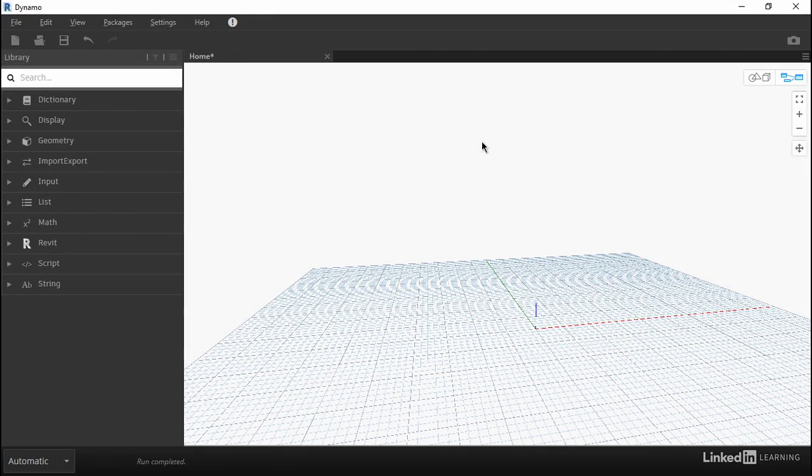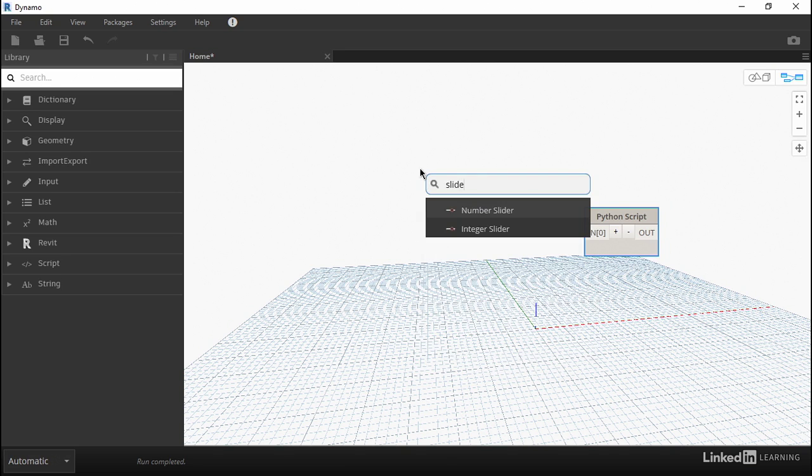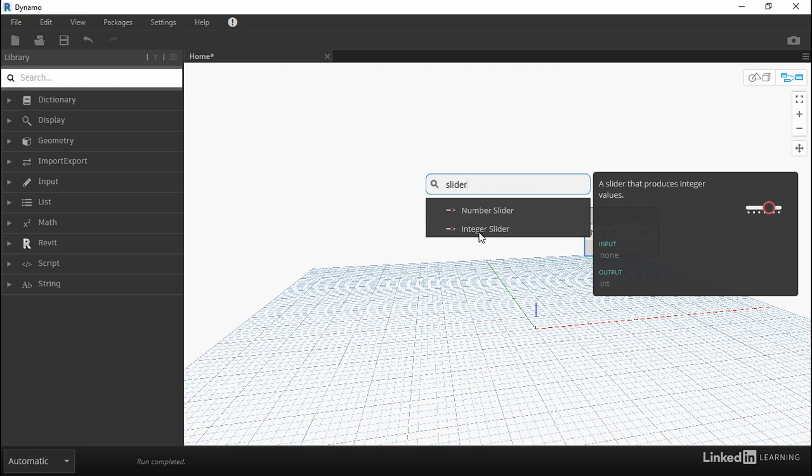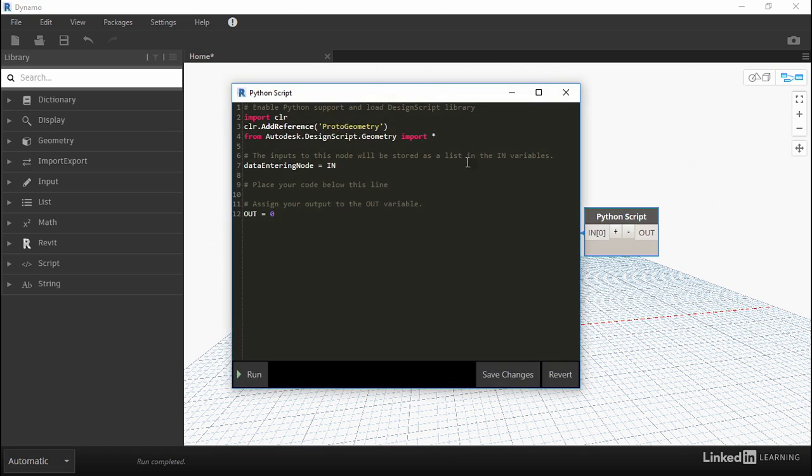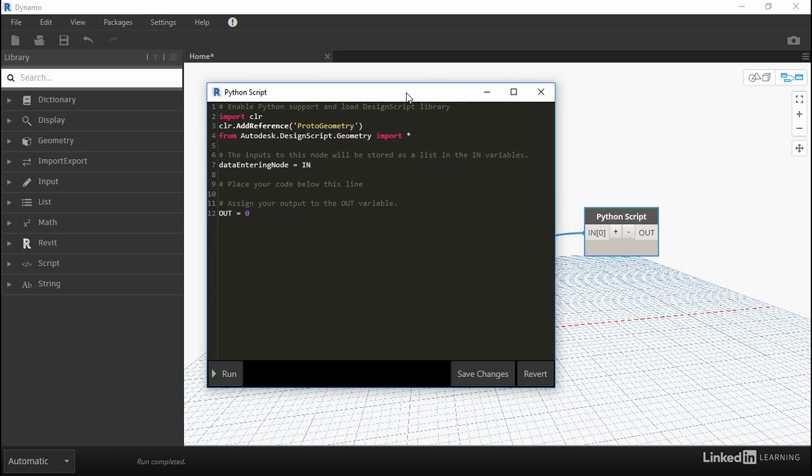Go ahead and place a new Python script node. To start, let's simply input some data into Python and use a variable to store it. To do this, let's search for the slider node by hitting the right mouse button and typing slider, then selecting integer slider, and then input this into input 0. Then open up Python. To create a variable, we simply need to name it and then assign data to it using the equals symbol. So for example, let's remove the code on line 7,